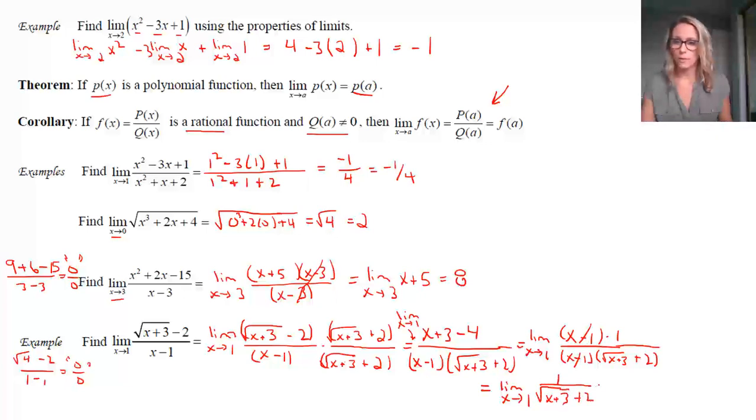So notice we got rid of the thing that was the problem, and that was that x minus 1 in the denominator. It's now gone. So now when we plug in 1, you should see that we're going to get 1 in our numerator, because nothing is happening there, it's just 1. In our denominator, we have the square root of 1 plus 3, which is 4. So square root of 4. Square root of 4 is 2, and then plus another 2 is 4, so we get 1/4. And so now we get our answer of 1/4. But algebra was required to make that happen.